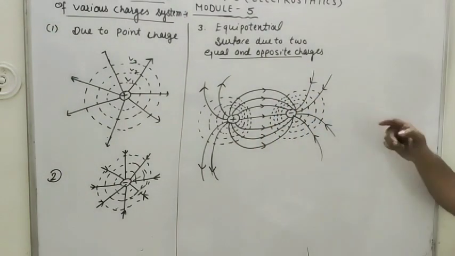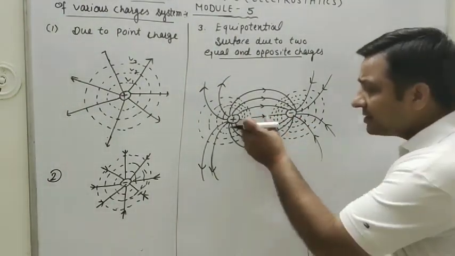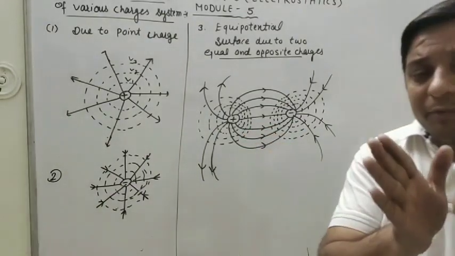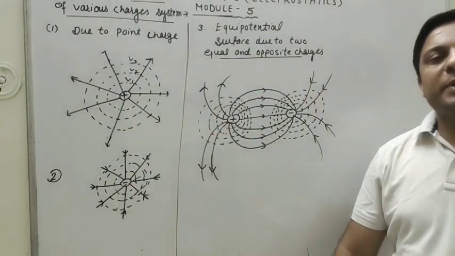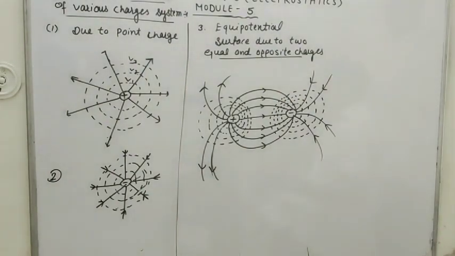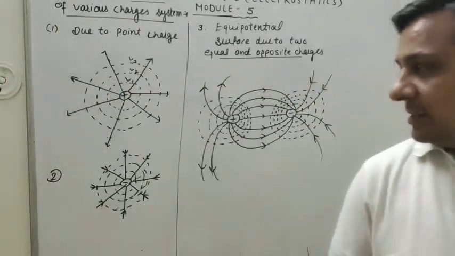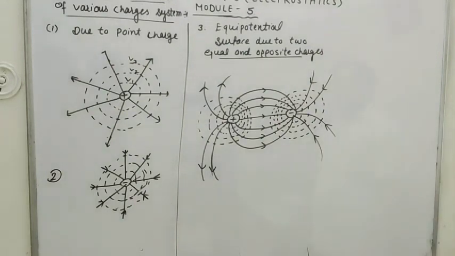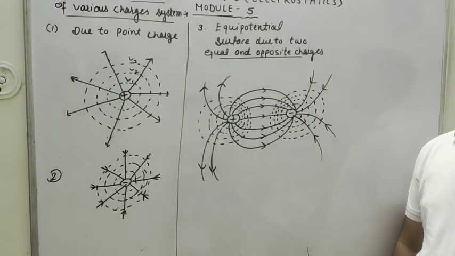So dear student, these are the equipotential surfaces. Inside this part, the electric field is strong, and due to the strong electric field, the equipotential surfaces are closer. In the weak region of the electric field, equipotential surfaces are at a far distance, as we have studied in the properties of electric field lines. This is also a very important property. These diagrams can be asked in the exam, so you will have to study this type of diagram carefully.